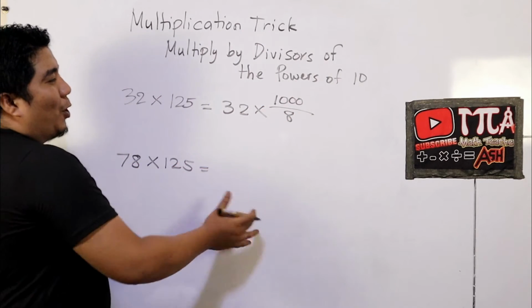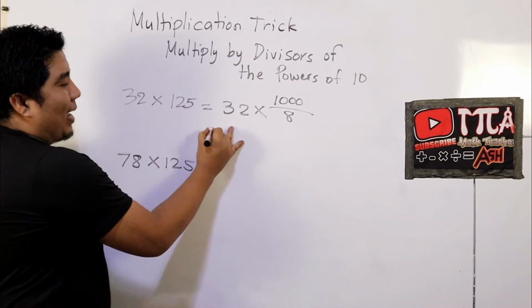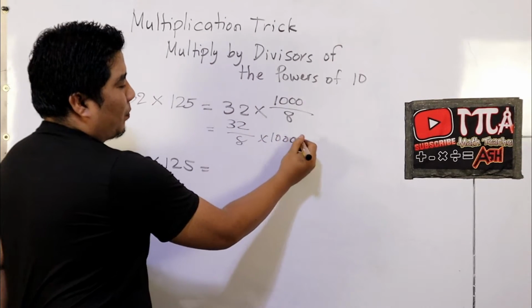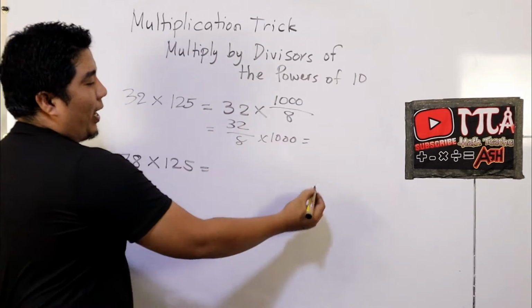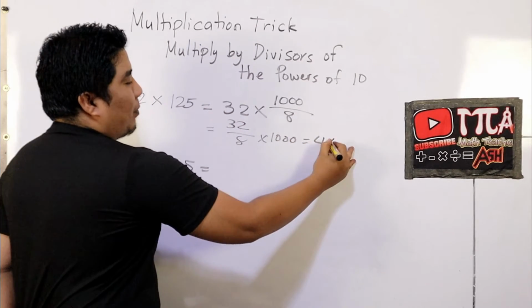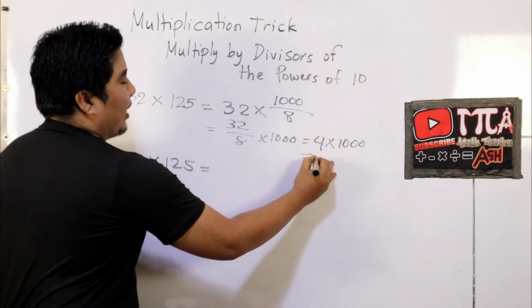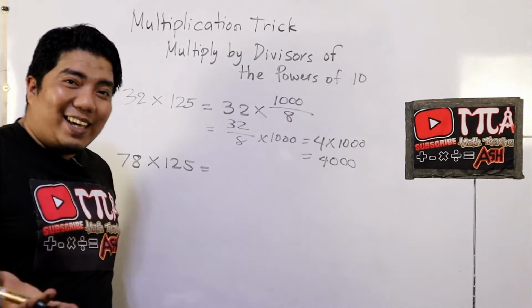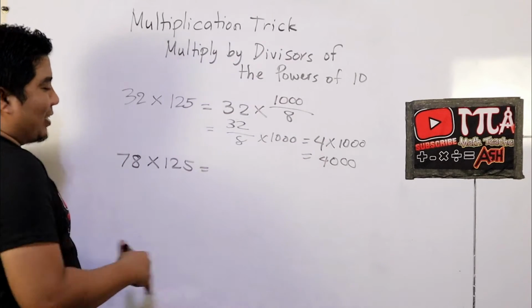So, by doing so, you can have this problem as 32 over 8 times 1,000. So, 32 divided by 8, that is 4. 4 times 1,000, of course, that is very easy. The final answer is 4,000. Easy, right? Now, let's go here. 78 times